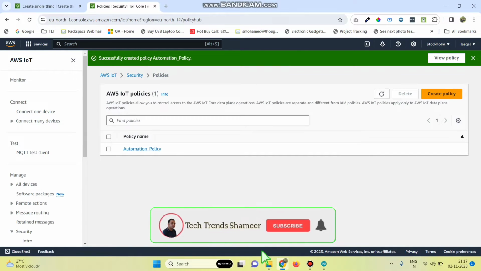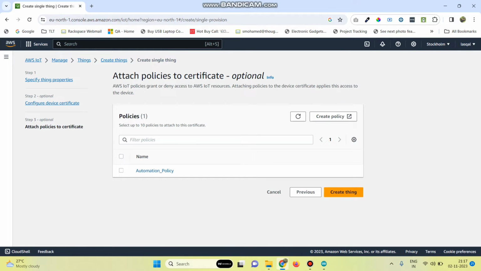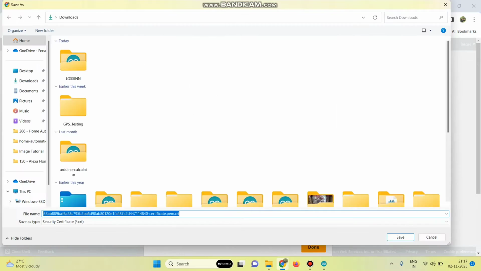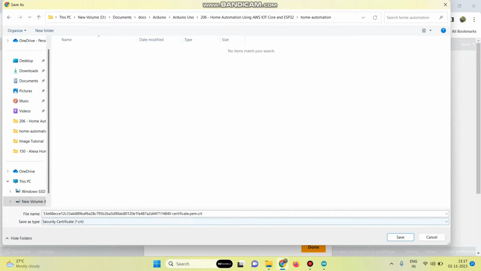Now the policy is created. Close this window. So we can see the policy here. So select this policy and then click create thing. Now we need to download the certificates. So the first one is the device certificate. Click on this download button. So download here